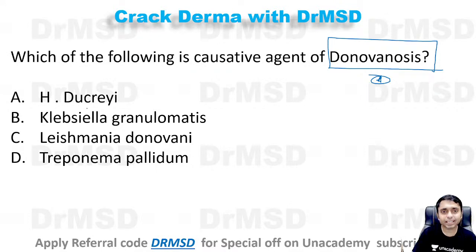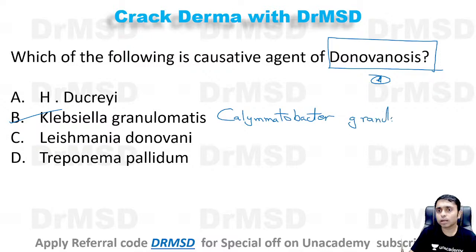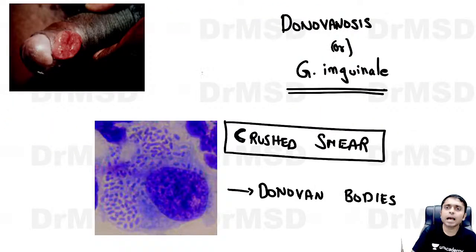Okay, so great. Everybody knows the answer. Klebsiella granulomatis, which was previously called Calymatobacterium granulomatis. So it was earlier called with this name, Calymatobacterium granulomatis. Okay, so yes, Klebsiella granulomatis, and here we can most likely see a single